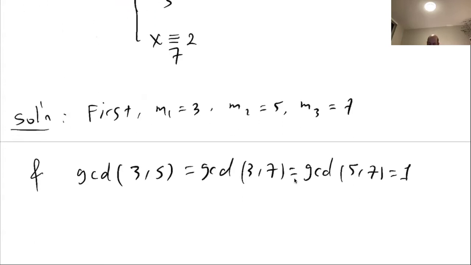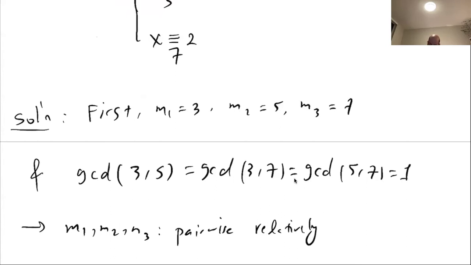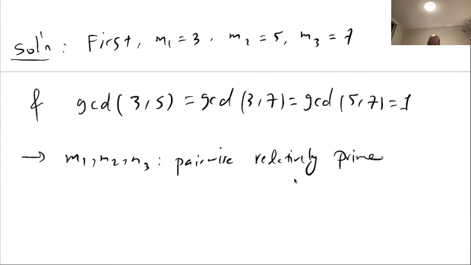So m1, m2, m3 are pairwise relatively prime. That means we can apply the Chinese remainder theorem